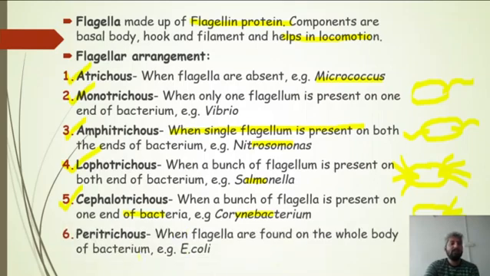Next is peritrichous. Peri means whole. So flagella are present on the whole body, like this. They are arising from the whole part of the body, as in the case of E. coli. Example we are giving here, E. coli. So understood better? So flagellar arrangement can be of different types. Flagella can be absent, they can be single on one side, they can be single on both sides, they can be in a tuft on one side or both sides, or they can